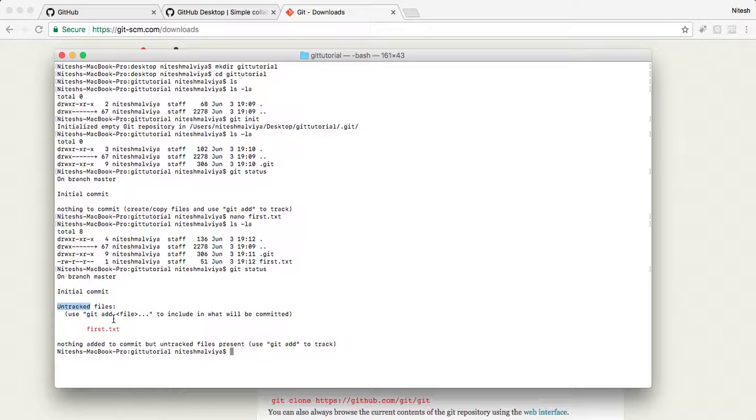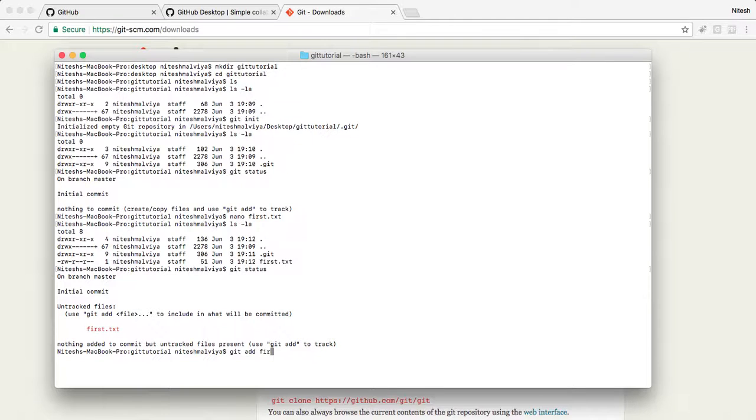So the git repository which is there is empty. Now as we added a new file, git knows that there is a new file there, but it's not keeping track of this file. It means if you make changes to the file, git does not know and will not keep the versions. In order to let git track this particular file, you can type the command git add